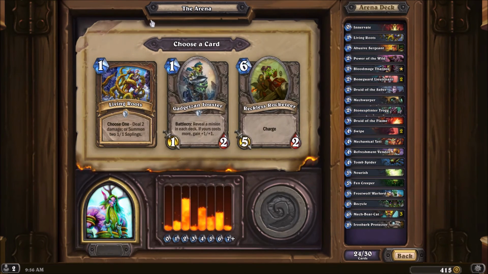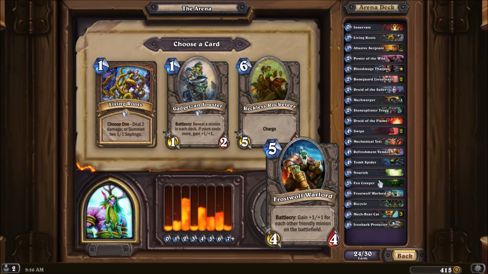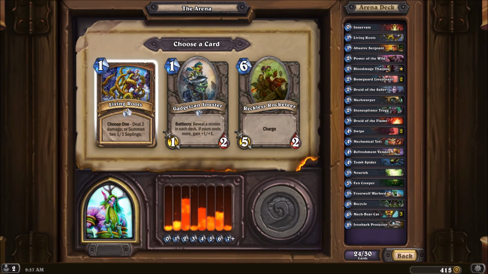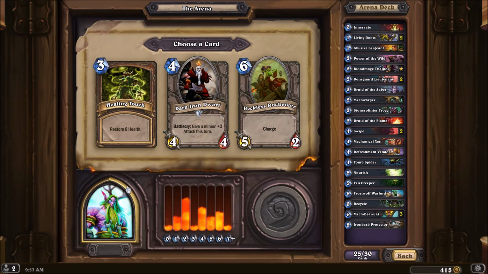Got Living Roots, Gazajan Jouster, Reckless Rocketeer. Reckless Rocketeer is not good enough with his stats and low health. Gadget Zan is alright. And we have a few high cost minions, and we might just win Jaws. Living Roots is a decent card. And Living Roots have synergy with many cards, and I'll pick Living Roots. They have synergy with Blood Mage Taunos and also